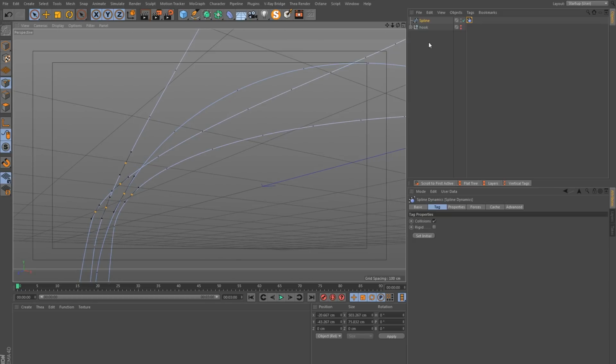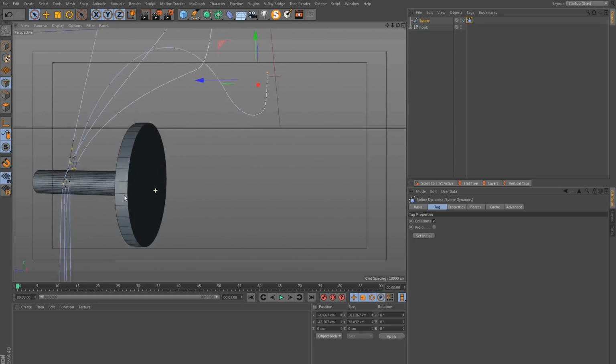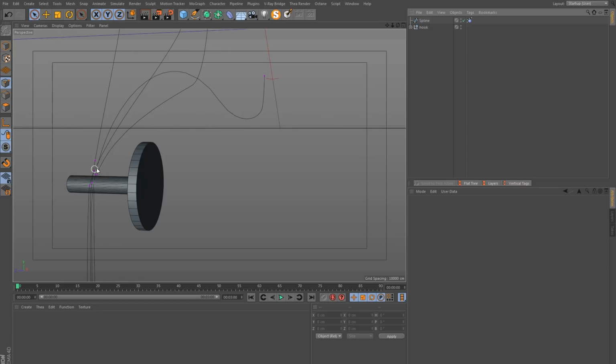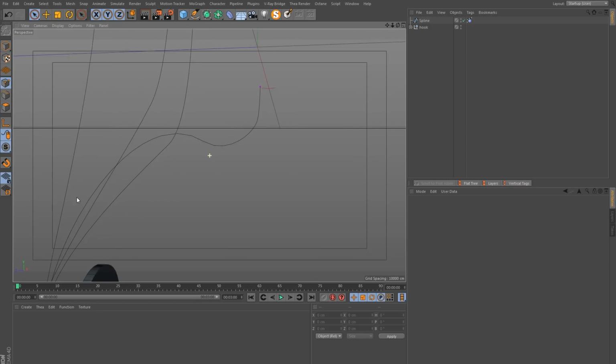I think I do. And in the spline dynamics, in the properties section, you want to click this fixed switch and just click set. And now if I click away, those points will be purple, and this indicates our anchor points.